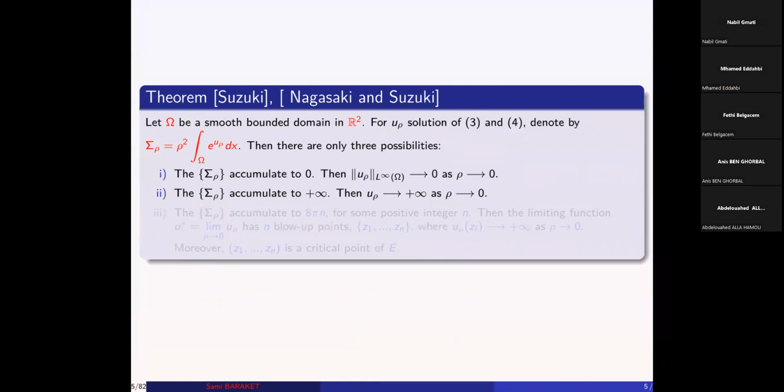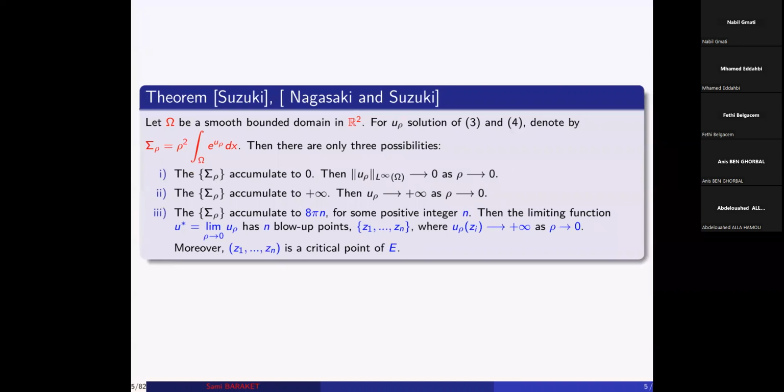Two depends on the quantity sigma rho, which is equal to rho square integral over omega of exponential u rho dx. One, if sigma rho tends to 0, then u rho converges uniformly to 0. Two, if sigma rho tends to infinity, then u rho tends to infinity at every x in omega. And the interesting case is the third: if sigma rho tends to some constant